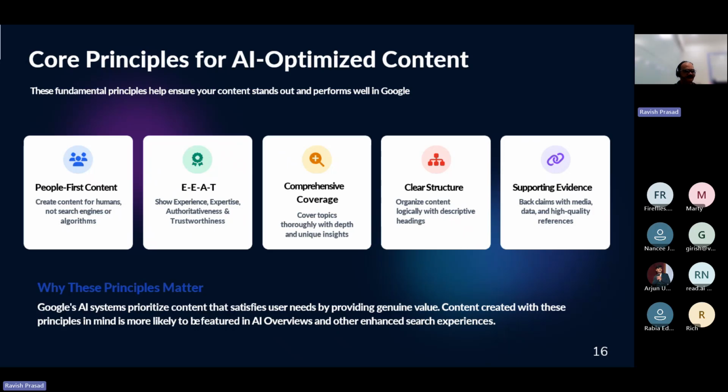Then E-E-A-T: we show experience, expertise, authoritativeness and trustworthiness in the content which we are delivering for our projects. Comprehensive coverage means covering topics through deep dive analysis and unique insight, which will become clear in the next slides. Then a clear structure: organize content logically with correct headlines. You can add your supporting evidence from the research work once done,